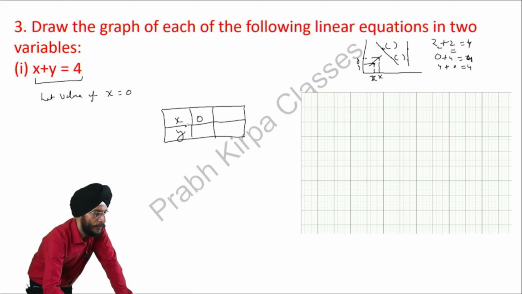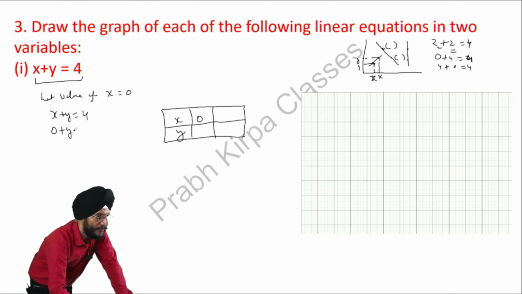Here we have assumed the value of x is equal to 0. Now the question given is x plus y is equal to 4. When the value of x is 0, y is 4. Then the value of y becomes 4. Now